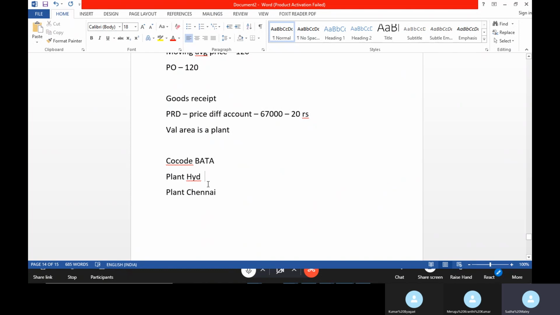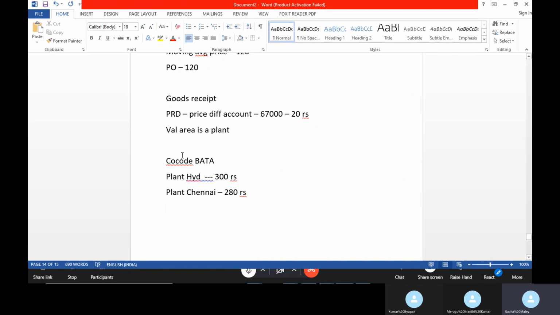For example, in Hyderabad the price may be 300, and in Chennai it could be 280 rupees. At various locations the price is going to vary. You cannot say the price is constant in every location. According to the location, the price can increase or decrease.